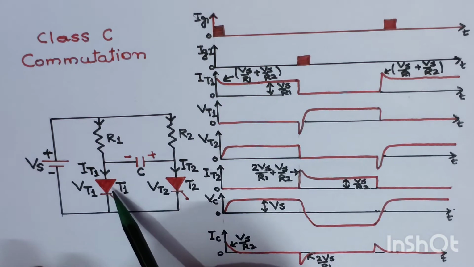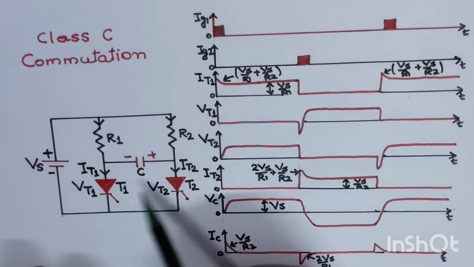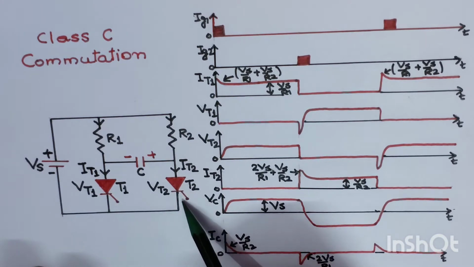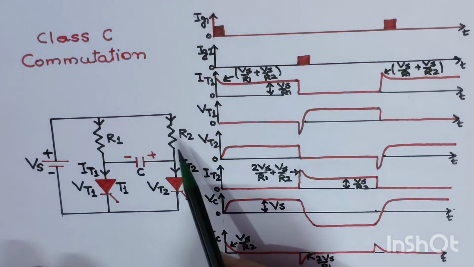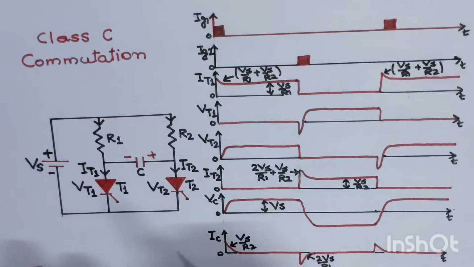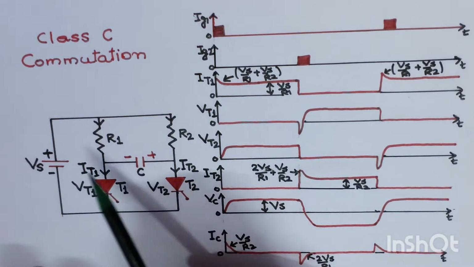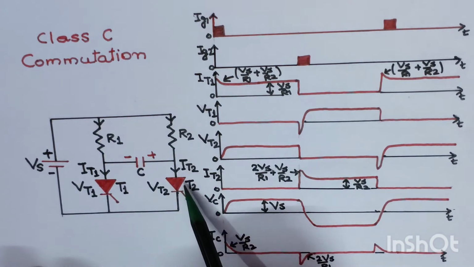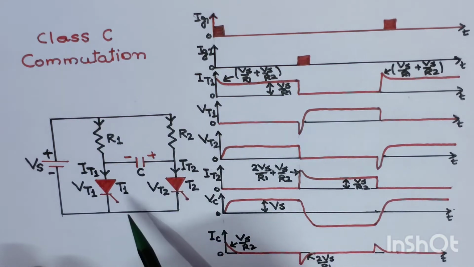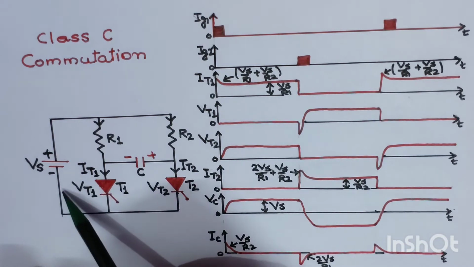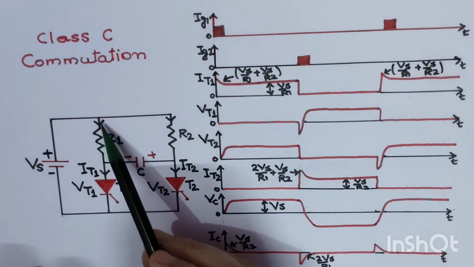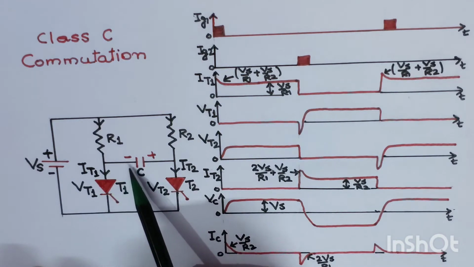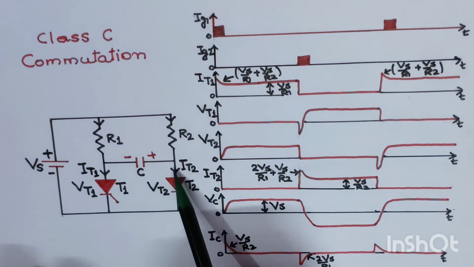Now in this case, the thyristor T1 will be switched off and thyristor T2 is switched on. Once thyristor T2 is switched on, again there will be two currents flowing through thyristor T2. That is, there will be two loops. One loop will be from the supply voltage through resistance R2 and through the thyristor T2. And there will be a second loop through supply voltage Vs and resistance R1, through charging capacitor C and comes